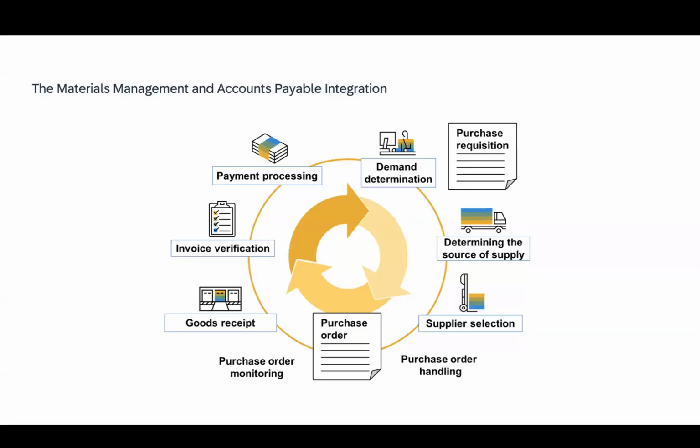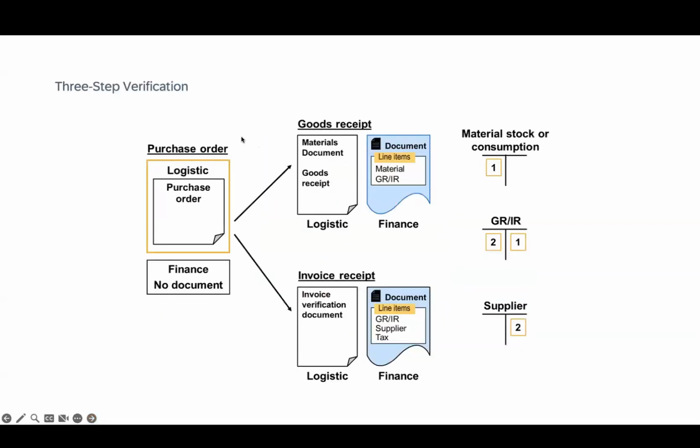So we take that invoice, we check that invoice to see if it matches to our purchase order price that we had, check to see whether it matches to the quantity received on the goods receipt. And once it passes invoice verification, we move to payment processing. So pretty straightforward process. Let's have a look at our three-step verification,